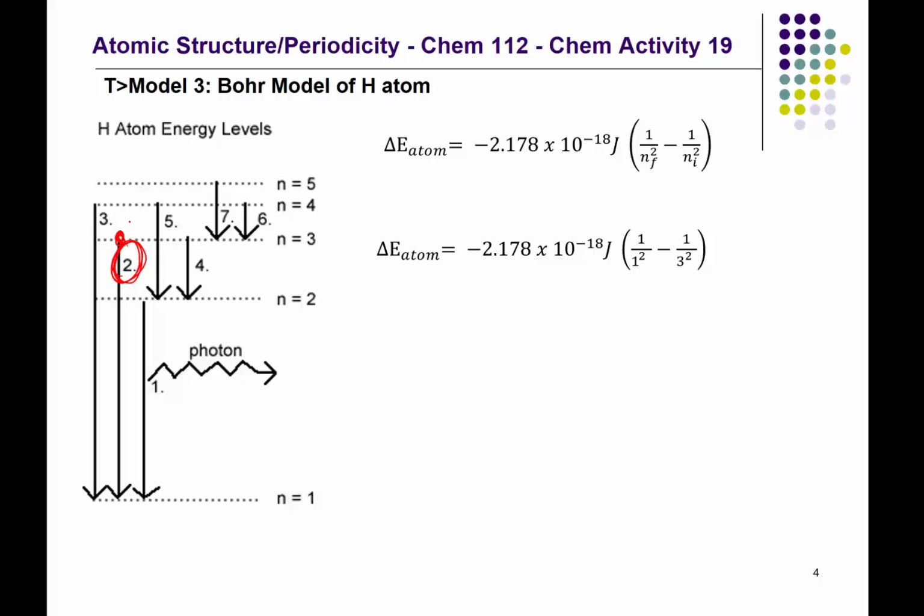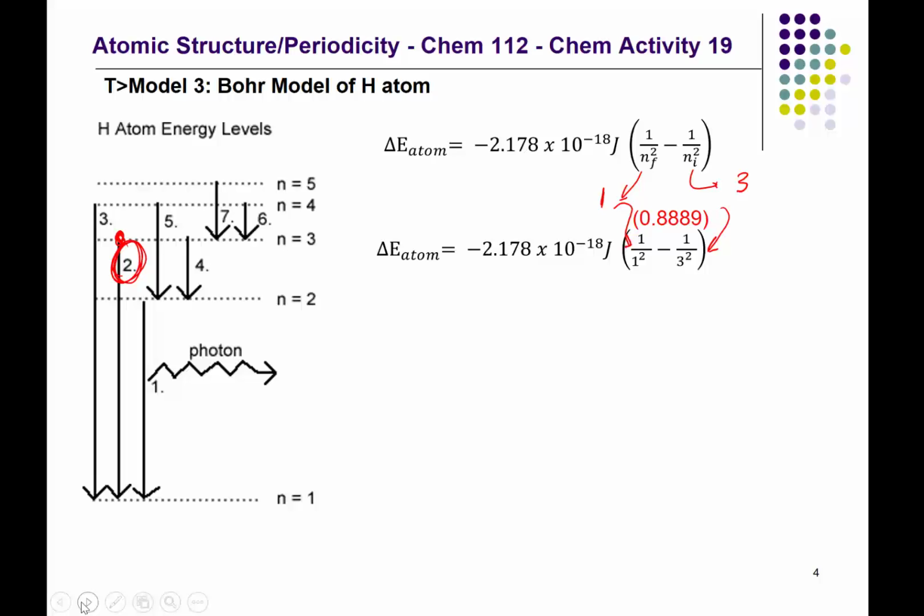So I plug the values into my equation. n initial, in this case, is equal to 3, and so I've written down here 3 squared. n final, of course, is equal to 1, in other words, the ground state, and so this is why I have written 1 squared down there. If we continue with this calculation, if we subtract 1 over 3 squared, in other words, 1/9, from 1, we end up with